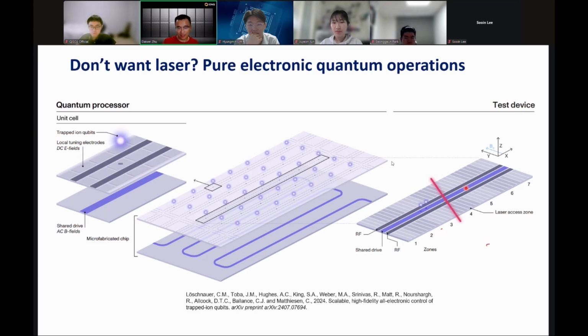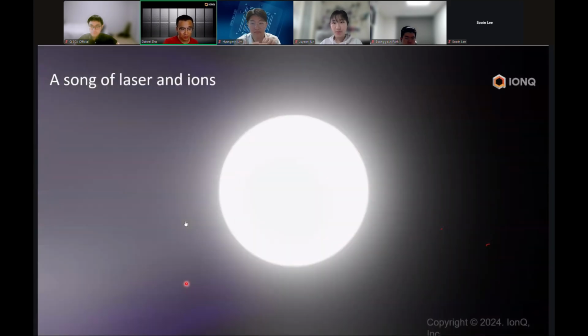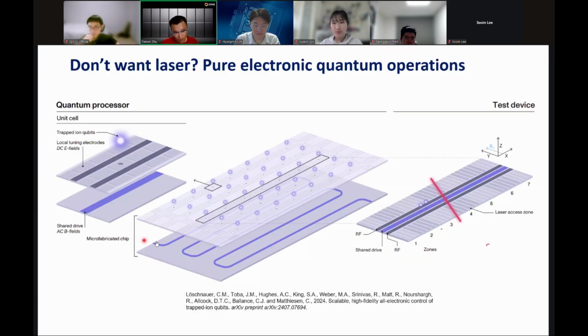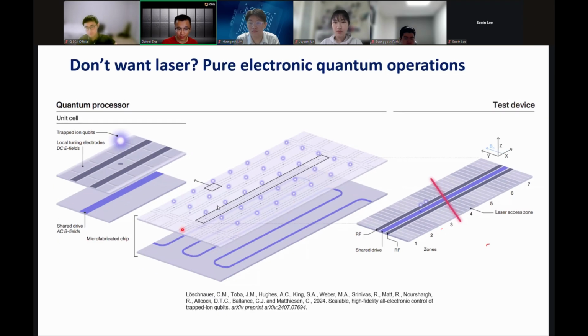So what is that? They published this paper, so it's an open thing, right? What you do is, here we use laser to drive this, but you can use microwave to also drive this transition directly. It's a microwave of special property. A beautiful thing about microwave is if you have a wire that is printed on your trap that is used to conduct a microwave, you can have this thing called a near-field microwave. That basically is a microwave that only exists within a short distance of these wires